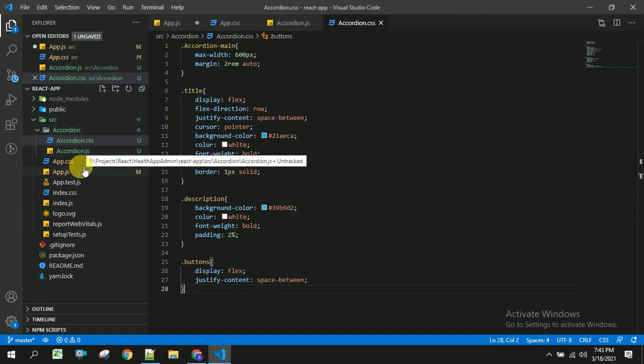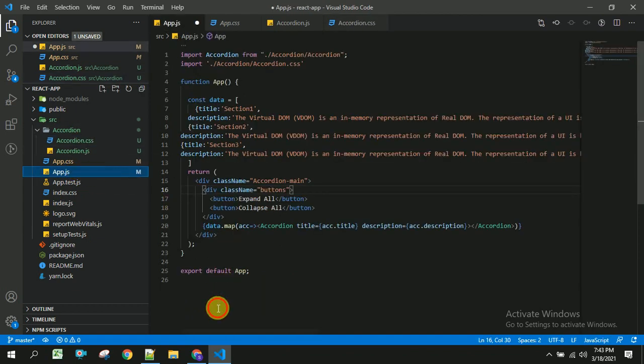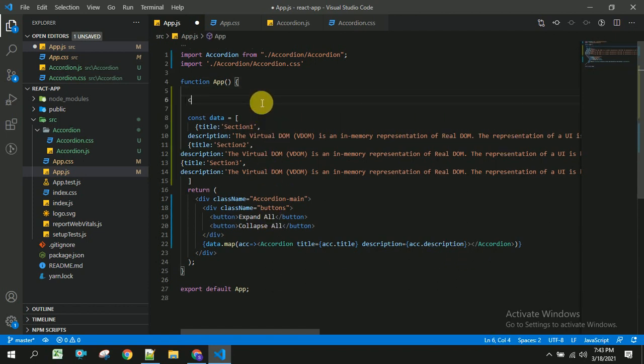Now I am going to app.js, and here I am going to create isTrue and setIsTrue equal to useState of, initially it will be false.